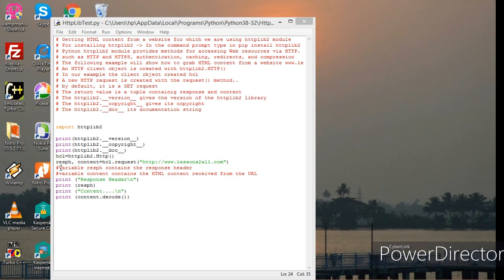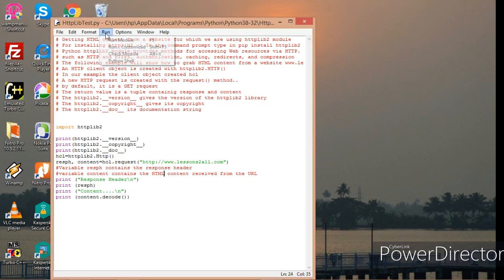Here I have given some comments. The variable resph contains the response header and the variable content contains the HTML content received from the URL given. We are going to print the response header received, and we are also going to print the content. So let's run this particular program.